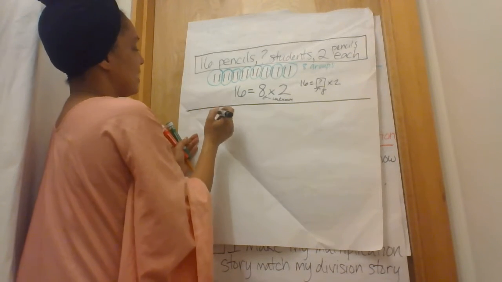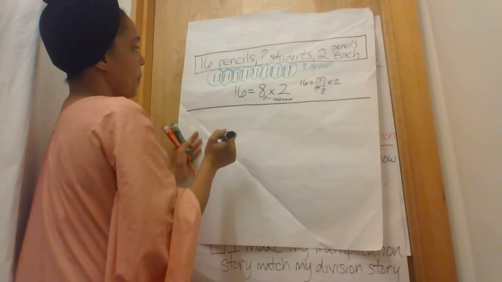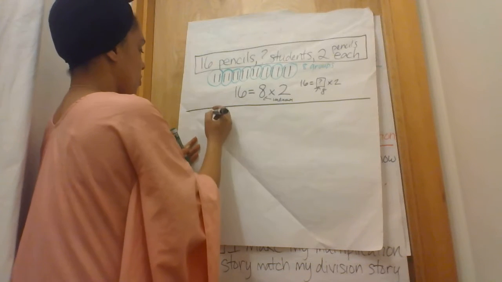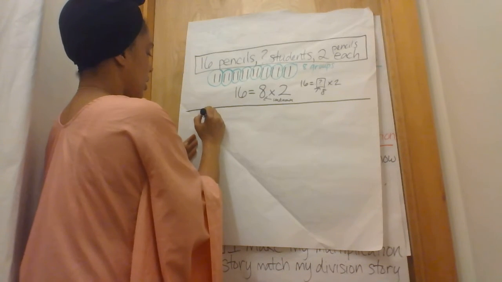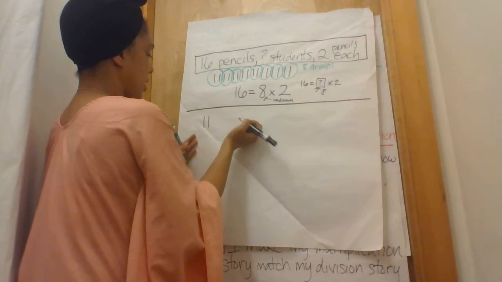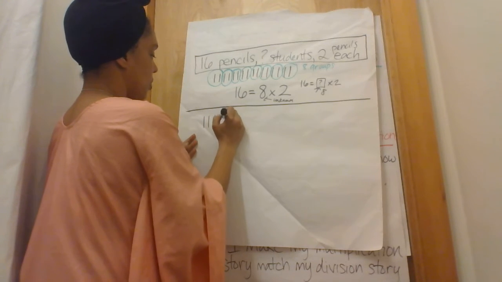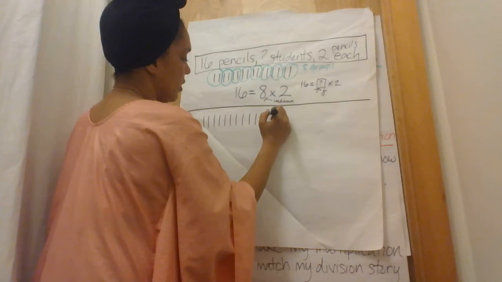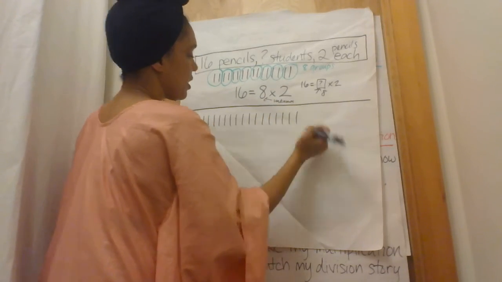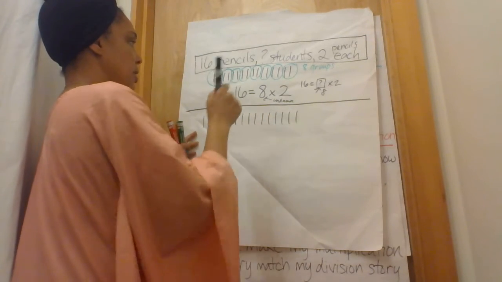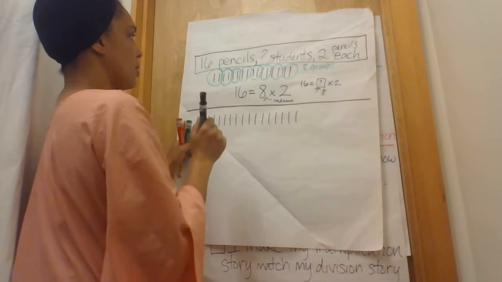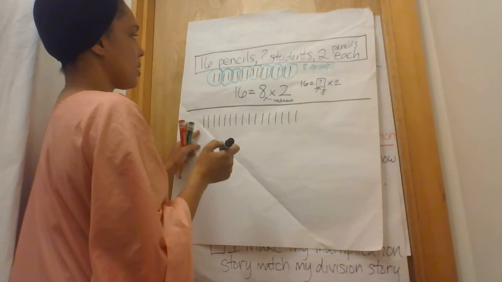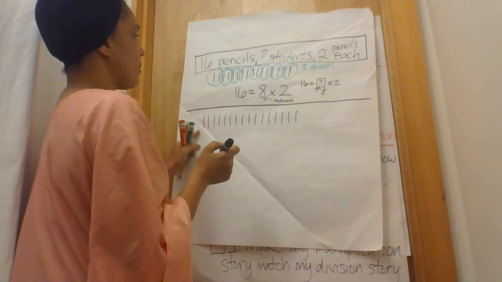Okay, so let's do this again. So we know that if we have 16 pencils, right? So again, 2, 3, 4, 5, 6, 7, 8, 9, 10, 11, 12, 13, 14, 15, 16. We have 16 pencils, and we're looking at this. What's another way that we can look at this? We can say, okay,